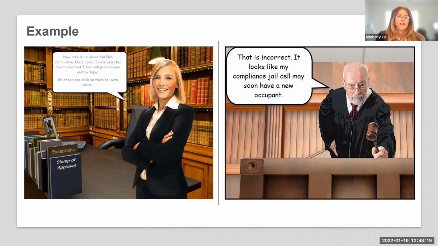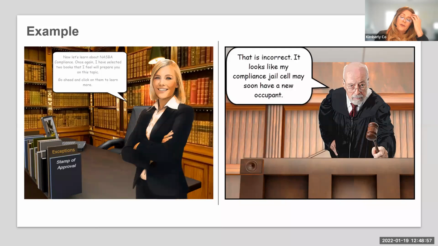So in this course, we have Julie. She's the coach in the law library, and she's the one that's kind of our guide that's helping us through the course. She's helping us learn the concepts and the details. And the main character, which would essentially in this case be the learner, has to navigate through the content to learn the skills needed to stay out of compliance jail. So we have the judge on the right-hand side. You don't want to face the judge, right? So the whole premise behind the course is that you want to stay out of compliance jail and you don't want to be facing the judge.